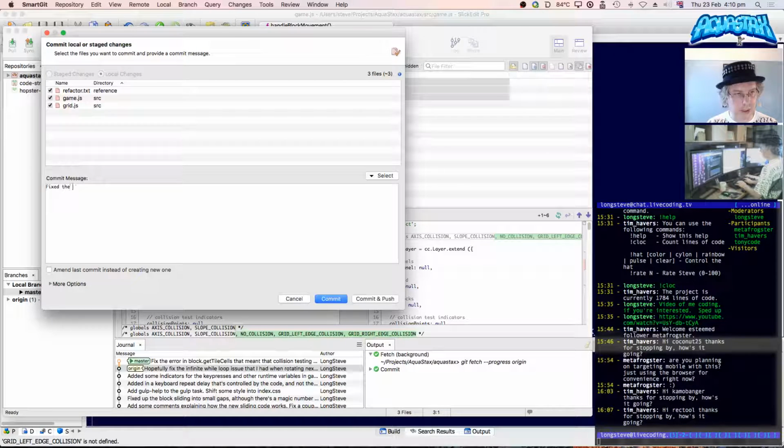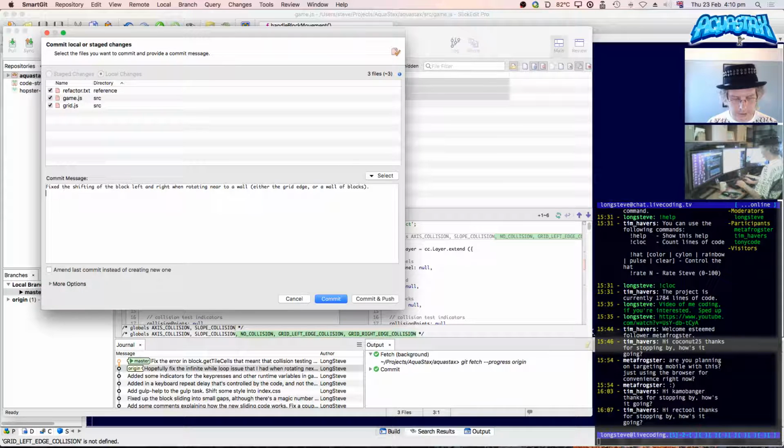Fix the shifting of the block left and right when rotating near to a wall, where either the grid edge or a wall blocks.